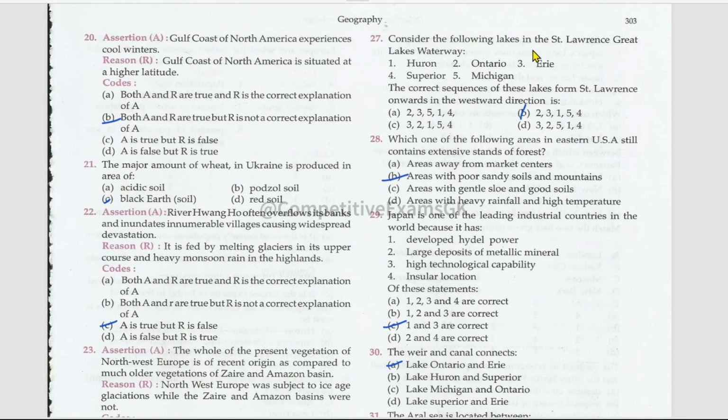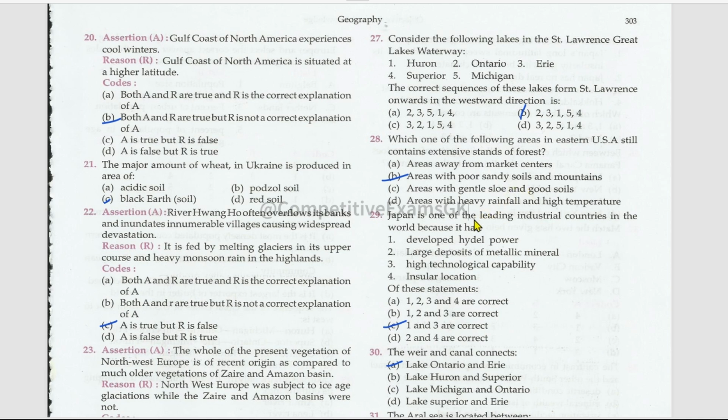Consider the following lakes in the St. Lawrence Great Lakes waterway. Correct sequence of these lakes from St. Lawrence onwards in the westward direction is Ontario, Erie, Huron, Michigan, and Superior. Which one of the following areas in eastern USA still contains extensive stands of forest, areas with poor sandy soils